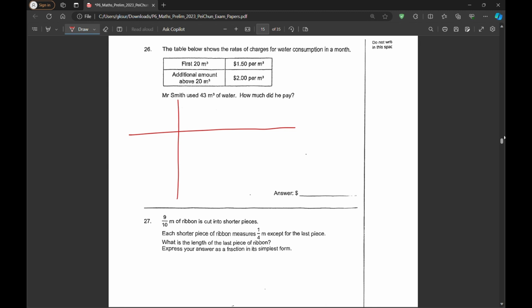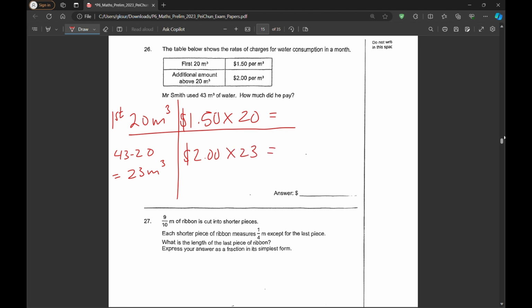So let's break this down into two sections. First, 20 meter cube is $1.50 times the 20 meter cube that he used. And for the remaining 43 minus 20, which is 23 meter cube, is $2 for each meter cube, which is $2 times the 23 meter cube. So if we calculate this, we will get $30, because 1.5 times 2 is 3, and we multiply the 10, 30. $2 times 23, we'll get $46. So if we were to quickly